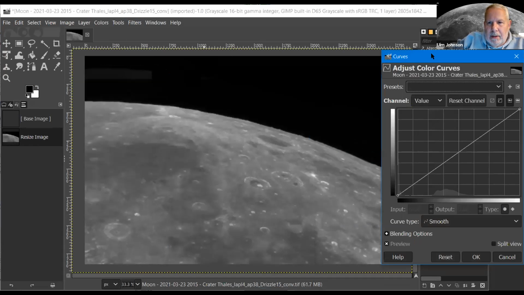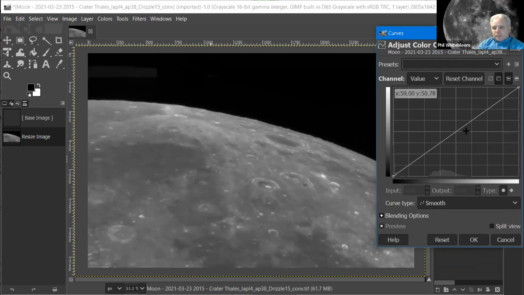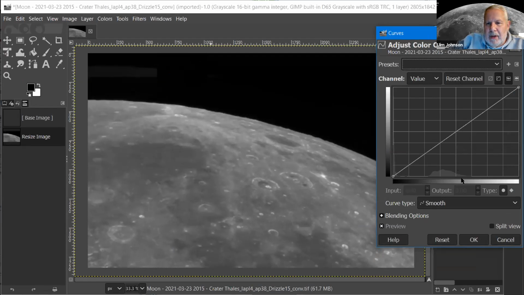Do you see the curves? You see my curves graph? Yes. Okay. This is a combination of levels and curves. Just to explain what you're seeing here, across the bottom of the graph, over to the left would be a pixel value of 0 or completely dark. Brad's 19 would be maybe somewhere in here. And a value of 255 would be a completely white pixel.